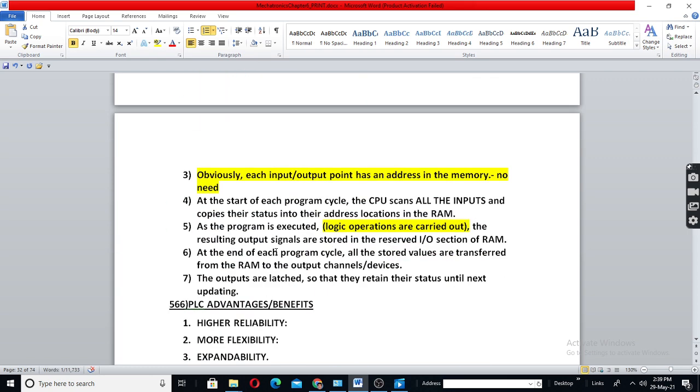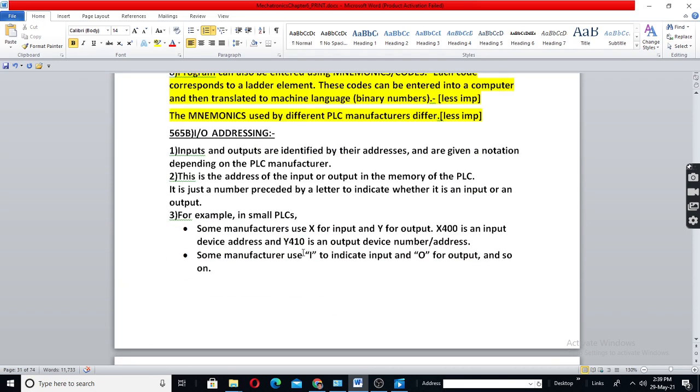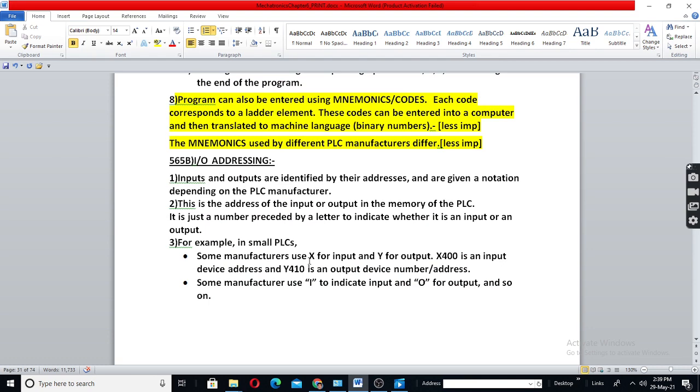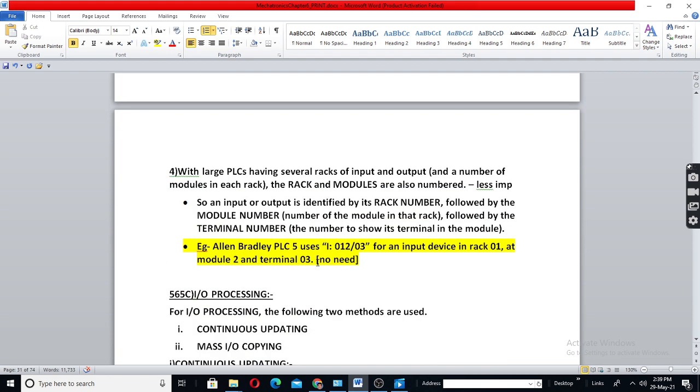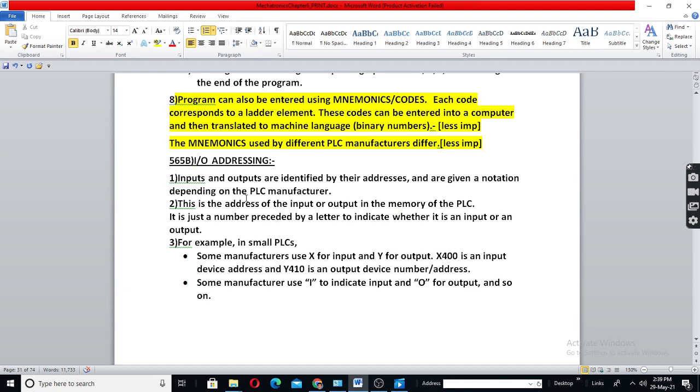Okay, right. Now, IO addressing. I think we will study that later. IO addressing means each IO will have some address. For example, in a house you have different addresses: bedroom number one, bedroom number two, dining hall, kitchen, storeroom number one, storeroom number two.